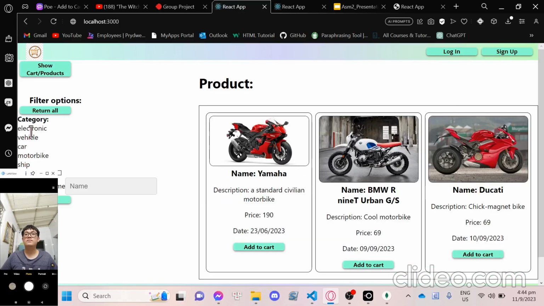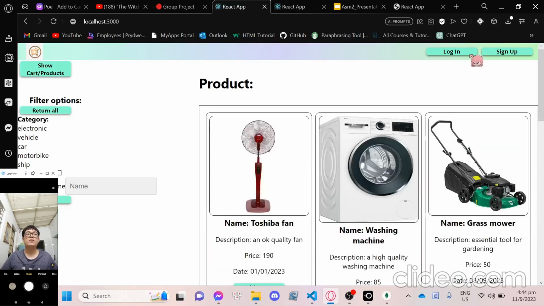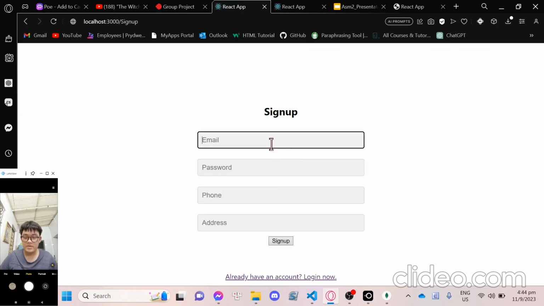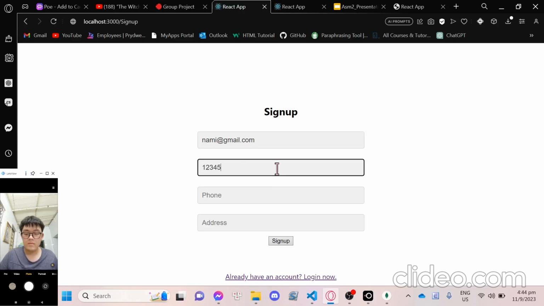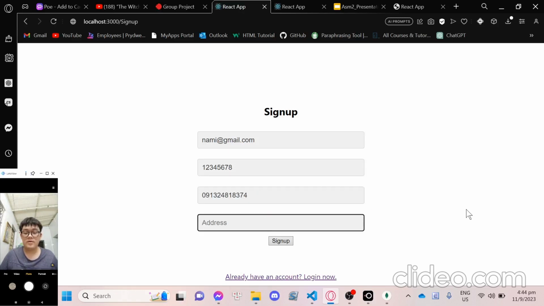Mobile. Ship. Oh yeah, I don't have any ship product yet. So return all. And then I will log in my account. So I will create a new one, which is the phone number will be some random number. Address will be